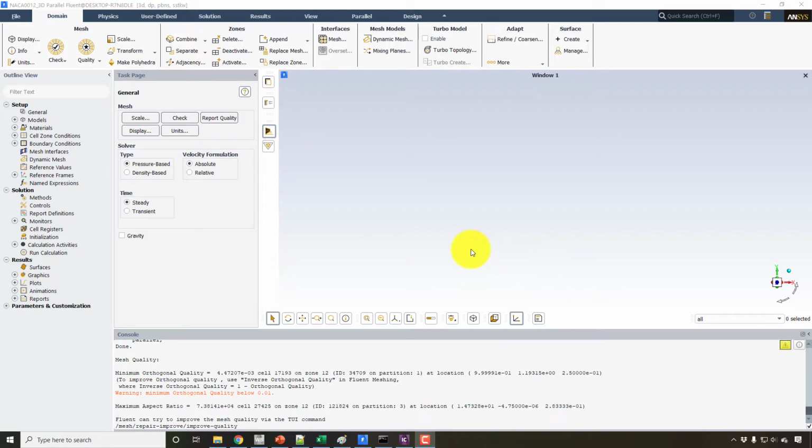We are continuing with the mesh quality because this is a very important thing in any CFD simulation. Without the best quality mesh, or a mesh quality which is acceptable by the commercial CFD codes, you cannot proceed with the CFD simulation. And if you proceed, you will not get an accurate solution, and you might end up with convergence issues or maybe wrong results at all. So therefore it's very important.